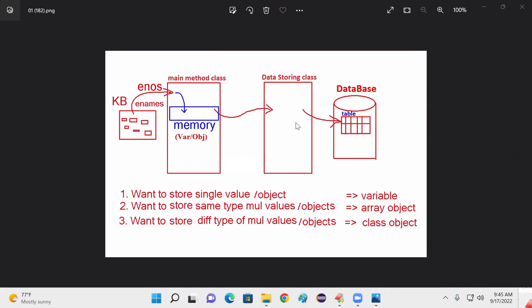Now, listen. What is the point I am trying to tell? I am explaining this screen only. I didn't teach anything else. Okay? The screen is not changed. I am talking about this screen only. All the people tell me, what is the target of this slide? I want to store